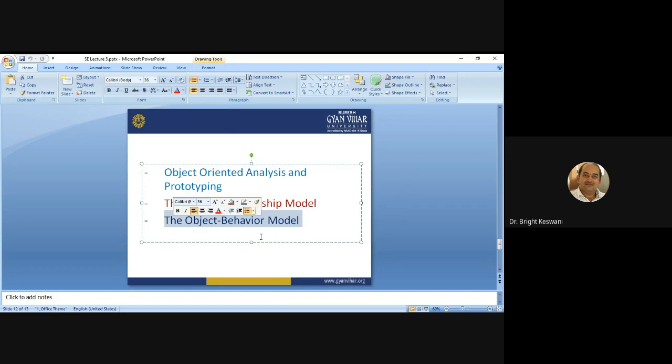Okay, this is the first thing. And this model presents the dynamic behavior of the object oriented system or your product. Okay, so how to build this model? The scientists suggest some steps to build this model.